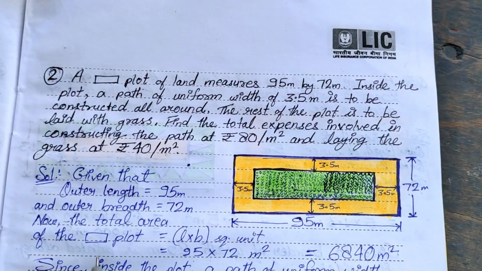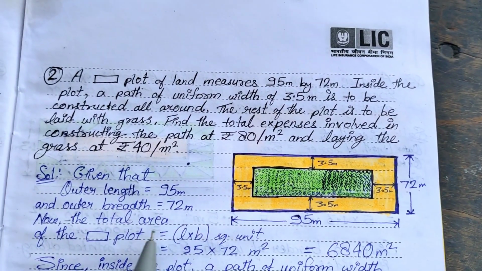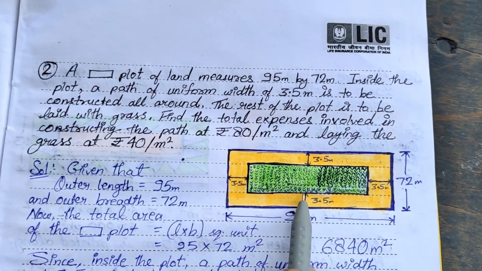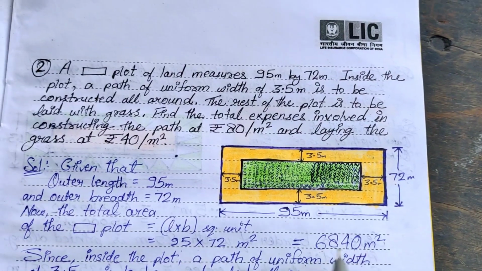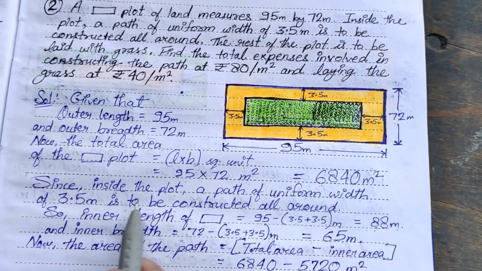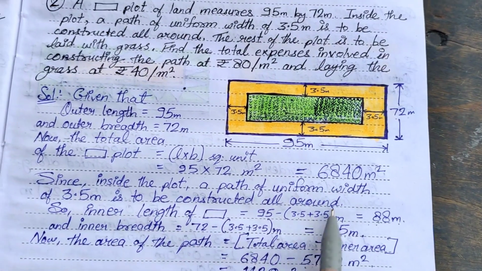Now see the solution. Given that outer length 95, outer breadth 72. Now the total area of the plot, length into breadth, 6840 meter square is the total area of the plot. Since inside the plot a path of uniform width of 3.5 meter is to be constructed all around,